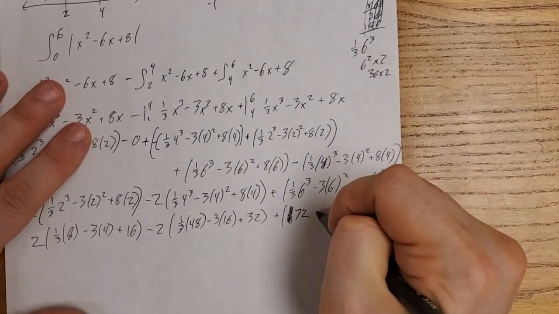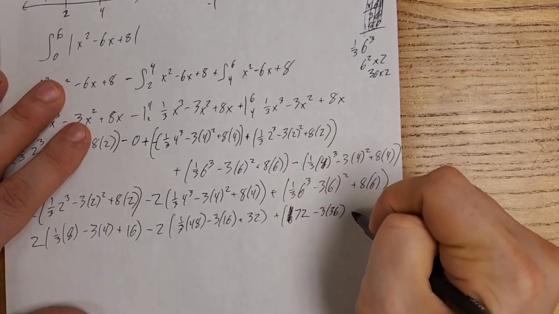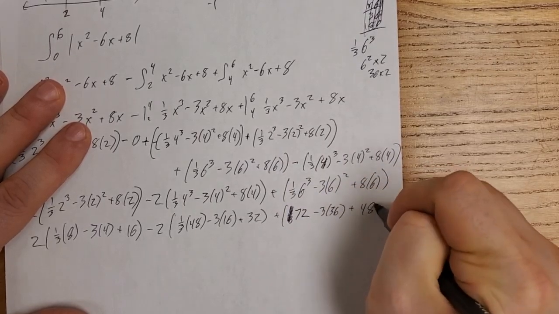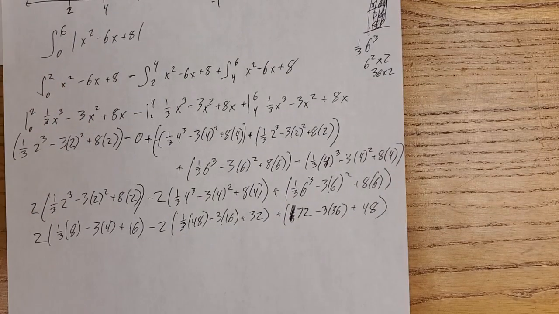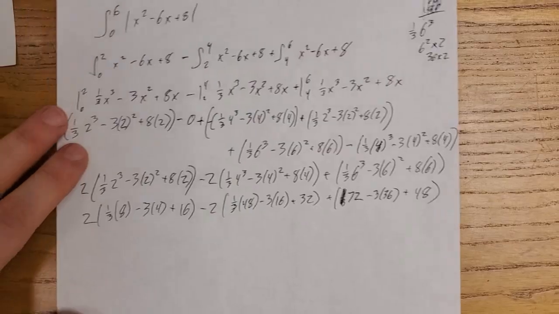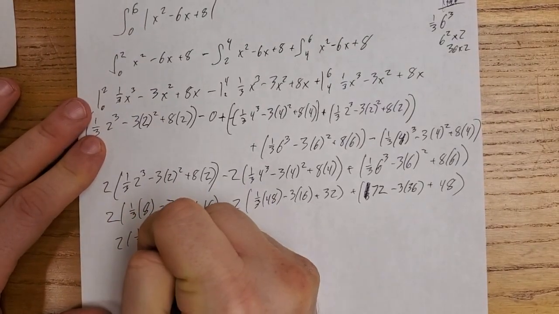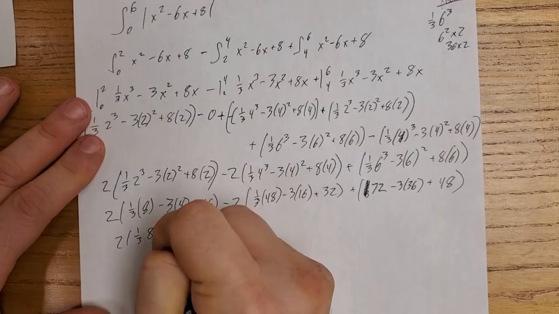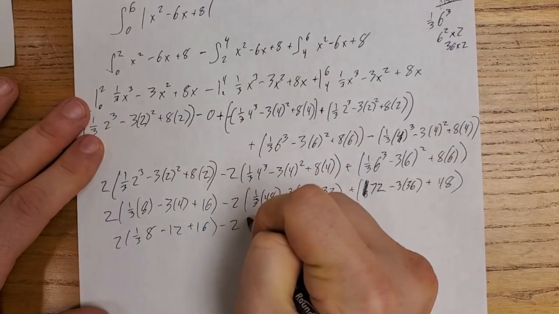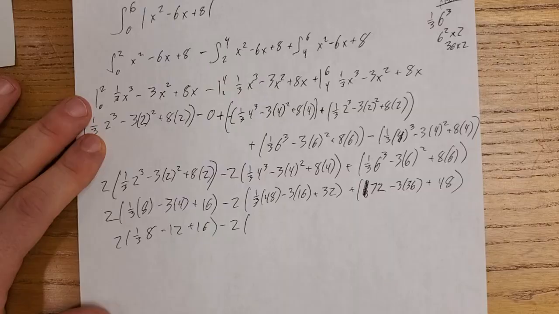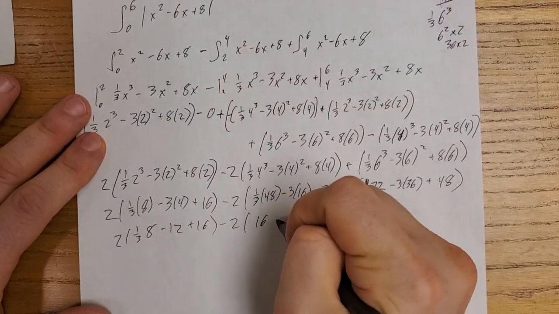Saves us a step there. Minus 3 times 36 plus 48. Lots of math to go through here. 2 times 1/3 of 8 minus 12 plus 16 minus 2 times 1/3 of 48 is going to be 16